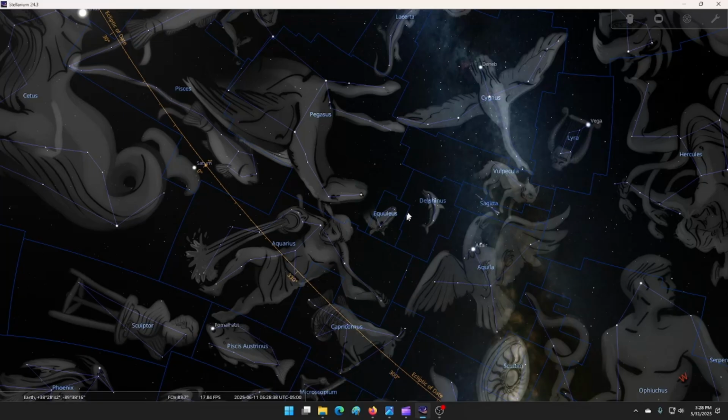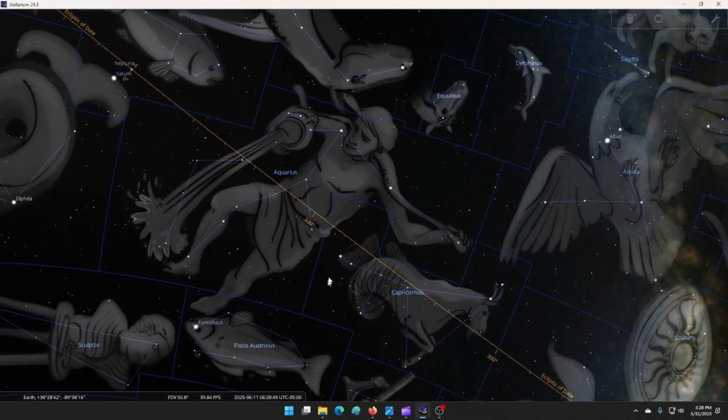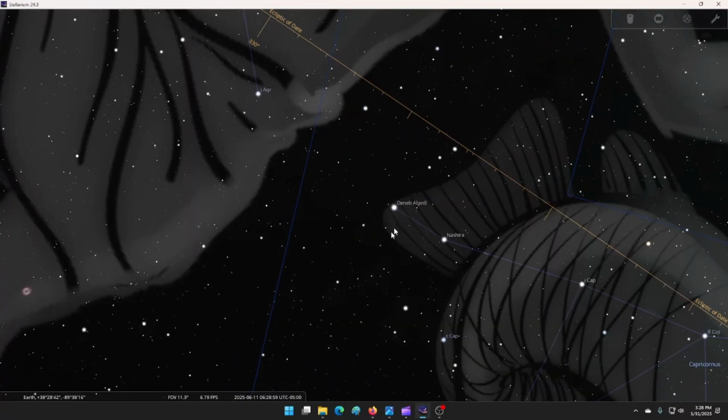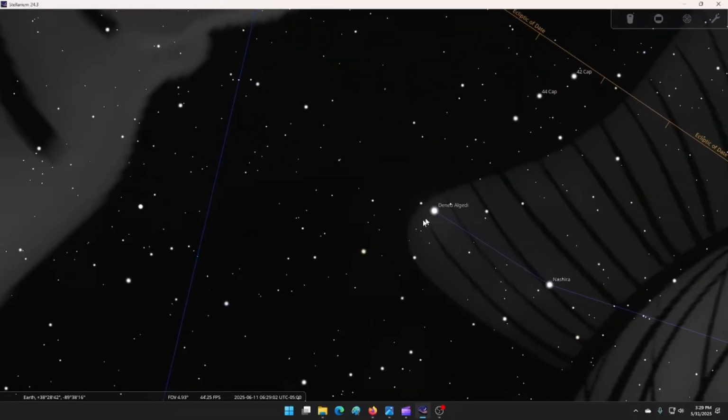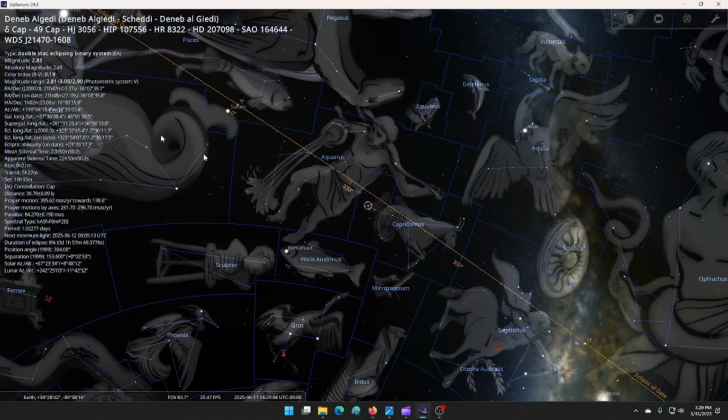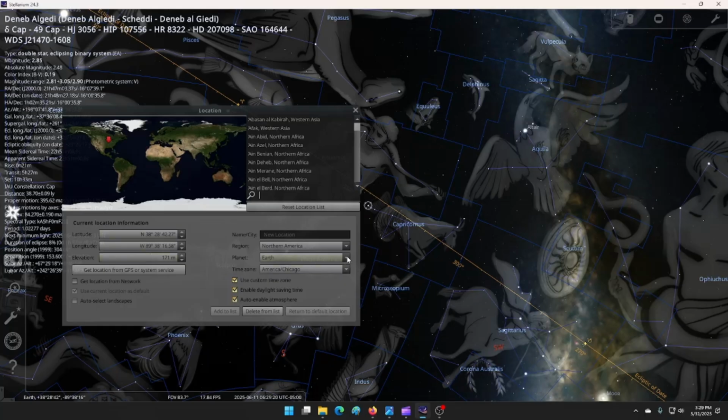So the reason why this area is important for this upcoming date is because of where Earth is going to be. Remember, this star here, as shown previously, this star here is Deneb Algedi. Deneb Algedi. Right there. Earth is going to be right here. Believe it or not, Earth is going to be right there from, if we go to,